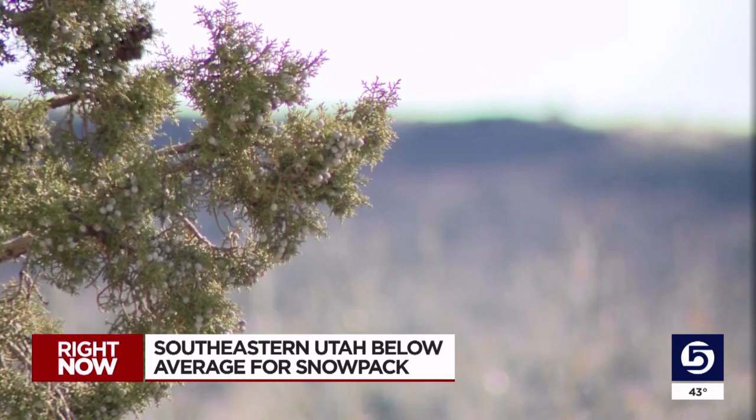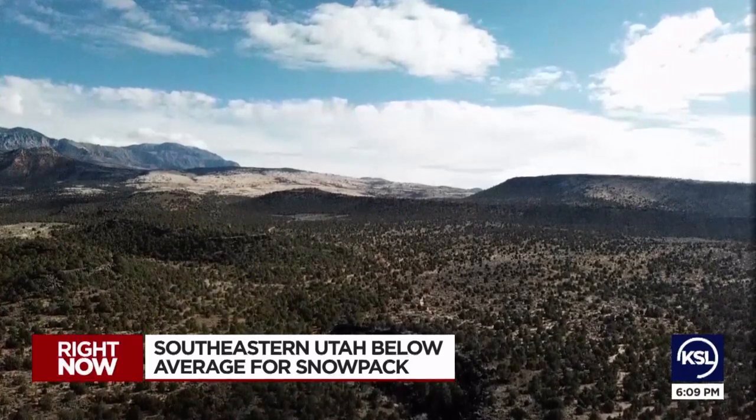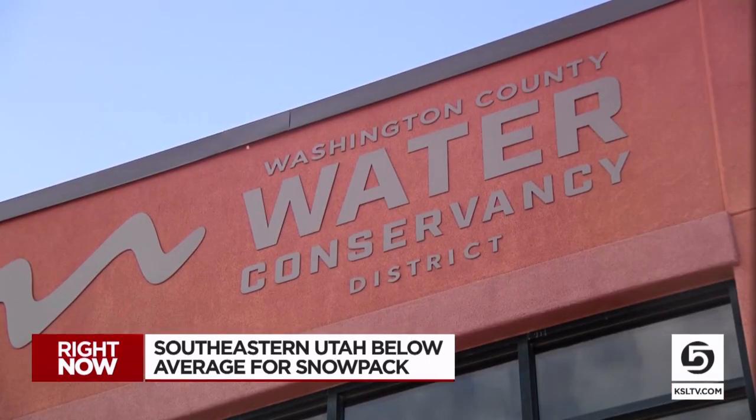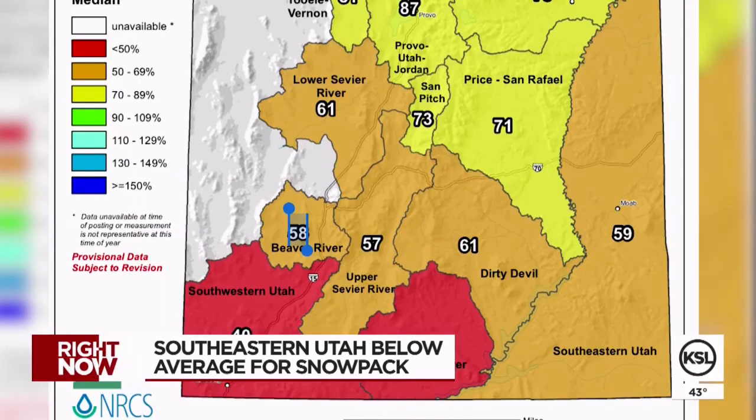No matter how beautiful the mountains are near St. George this time of year, there's one part Zach Renstrom knows people might start asking about. No question about it. You'll have drinking water here in Washington County. Renstrom is the general manager of the Washington County Water Conservancy and notices the lack of snow in the mountains right now, too. In fact, the latest snow water equivalent map has this part of Utah already in the red